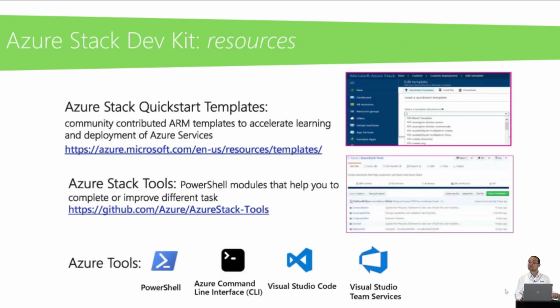So what are the resources that you can use with Azure Stack Dev Kit? The resources are consistent, again, between Azure Stack Dev Kit, Azure Stack, and public Azure. The quick start templates are the repository of ARM templates available on GitHub that you can download and get up to speed. There are also the available Azure Stack PowerShell modules,